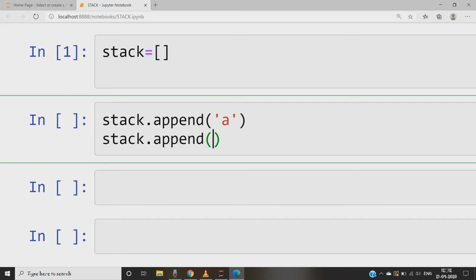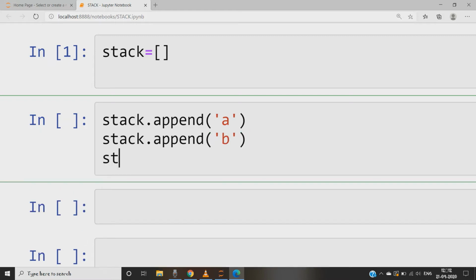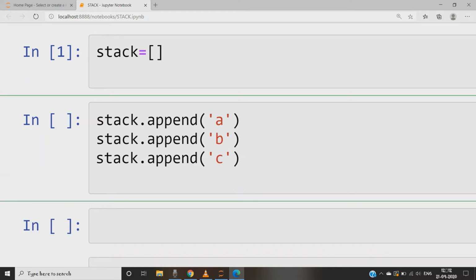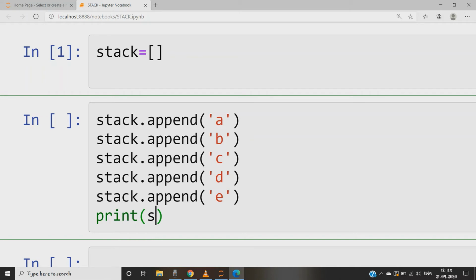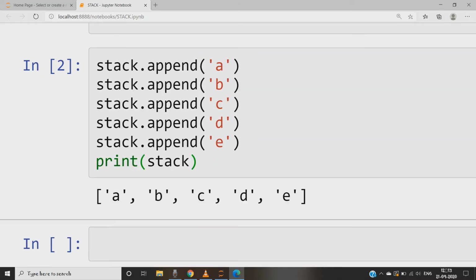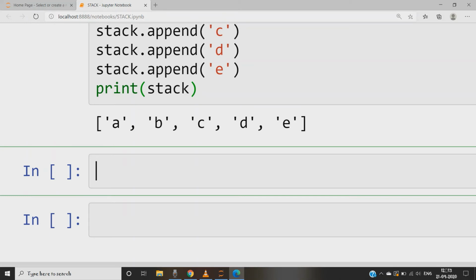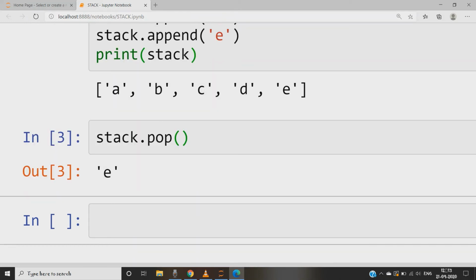In other programming languages, a linear list is said to have a bounded capacity, but as Python lists are dynamic, we needn't be worried about stack overflow. Now let me demonstrate push, pop, and a few other operations which can be performed on a stack to enhance its performance. For this, I consider a list named stack and I append A, B, C, D, and E to the stack. Now if I pop, I can see that E is no longer an element of the stack. So we can say that a stack implements last in, first out to store and pop elements.